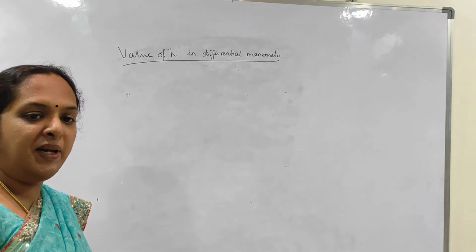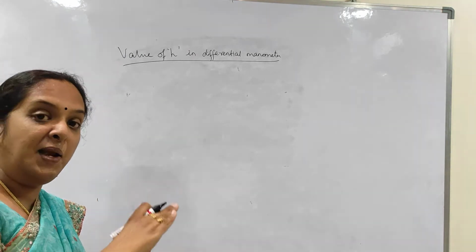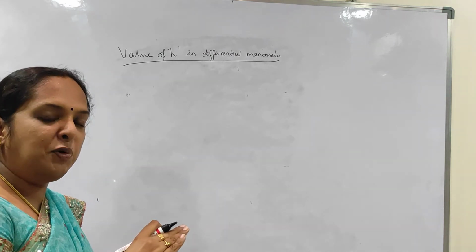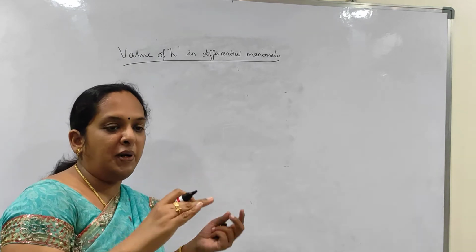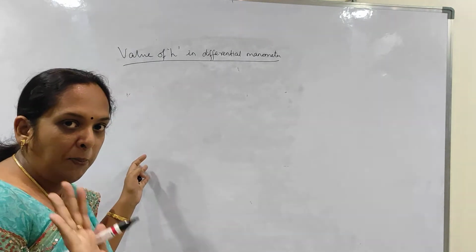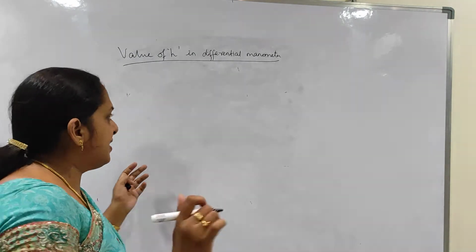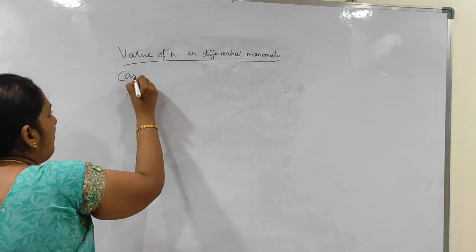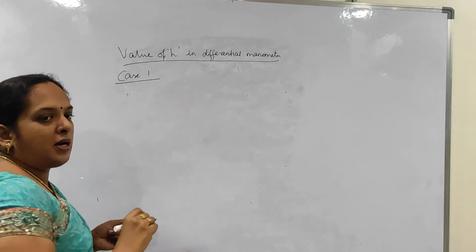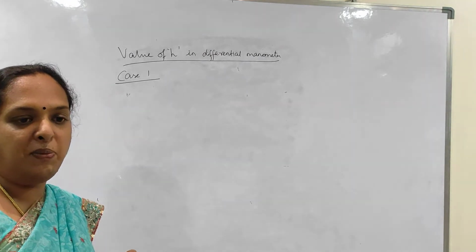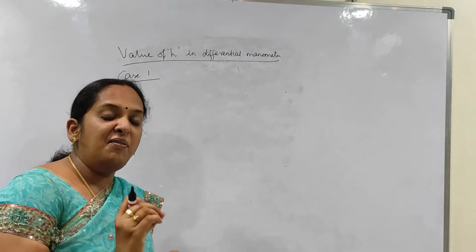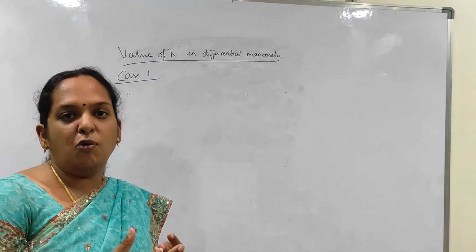Apart from that, this Venturi meter can be in an inclined position also. In the inclined position also we can have heavy liquid as well as light liquid in the manometer. So based upon these conditions, we have 4 cases. We will see one by one. First one is case 1. Consider that the differential manometer attached to the Venturi meter contains a liquid which is heavier than the liquid flowing through the pipe.